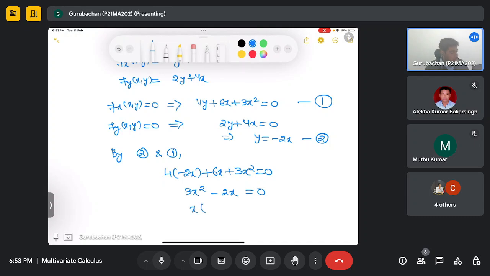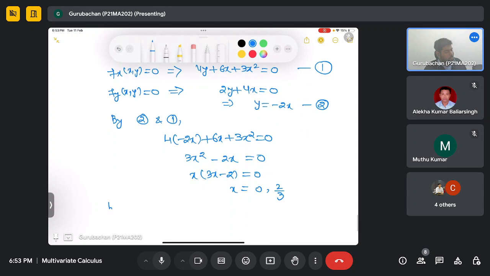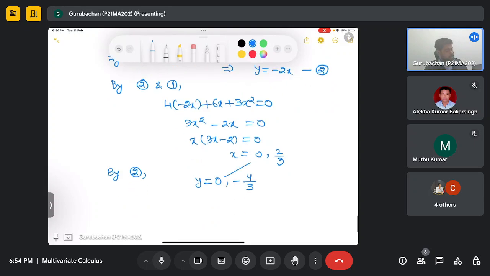So this will give us x(3x minus 2) equal to 0, so x can be 0 or x can be 2 by 3. Now by equation number 2, we get y is equal to 0 or minus 4 by 3, corresponding to 0 and corresponding to 2 by 3. So we get the critical points (0, 0) and (2/3, minus 4/3)